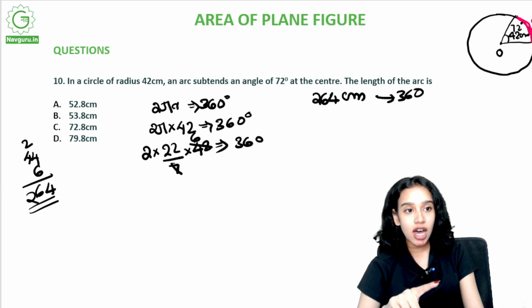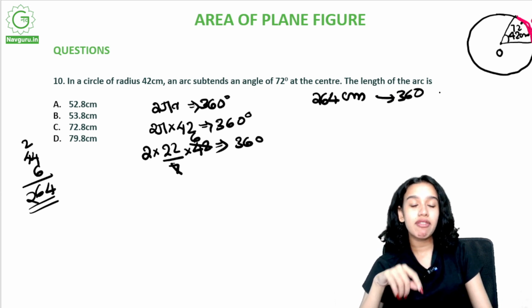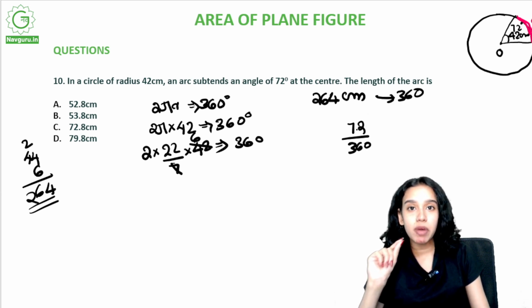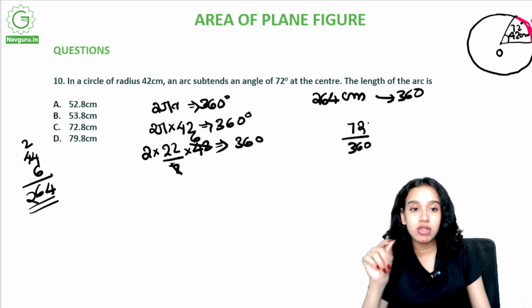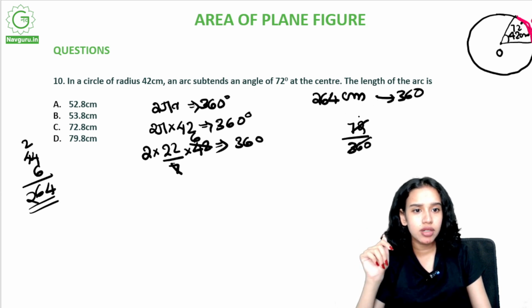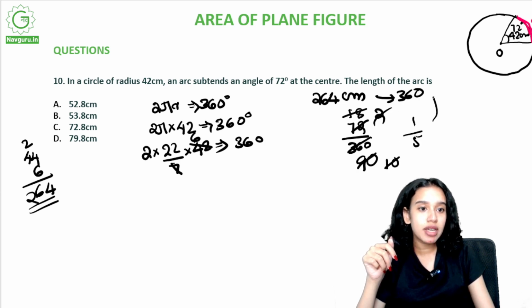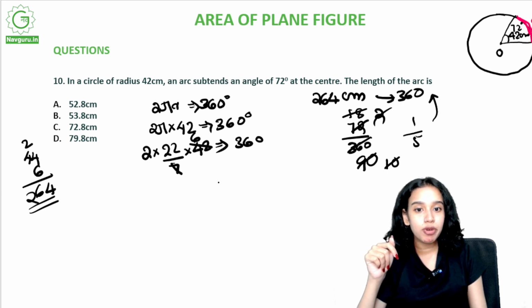Now what is the angle here? It's 72 degrees. So 72 out of 360 means how much part of 360 is it? Let's cancel this out, let's say with 4. 1 4s are 4 and 32, 8 4s are 32, right? Now, 9 4s are 36 and 0, and let's cut this out by 9. So 2 and 10, and this would be 1 and 5. So 1 by 5th of 360 degrees, right? So what would be the 1 by 5th of